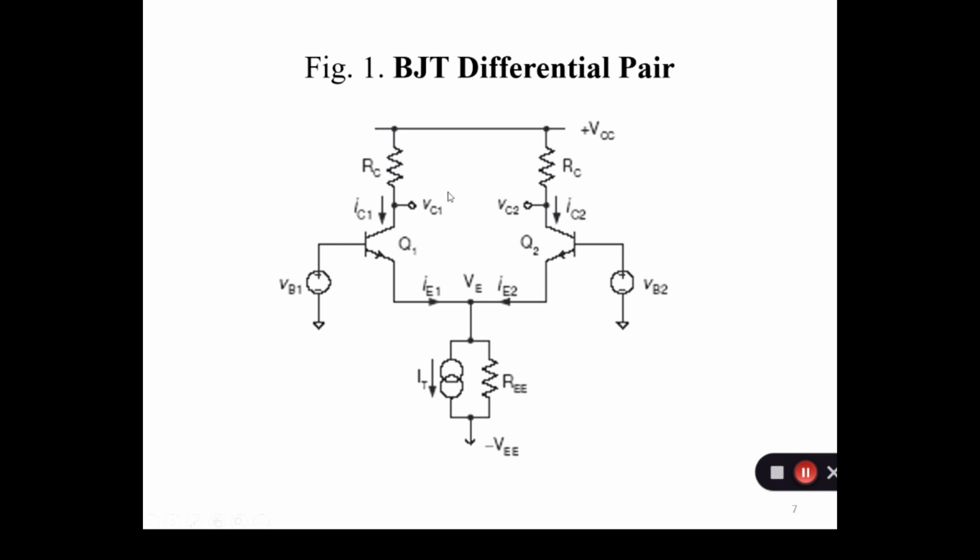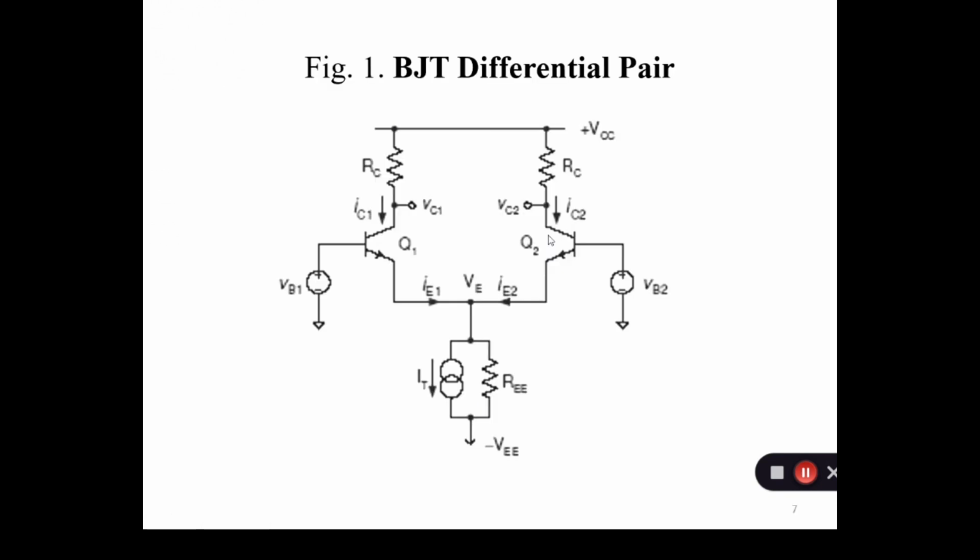For this lecture I put RC and RC as common, but in the assessment I will replace these with other values, like RC1 and RC2. Then you have to do a similar analysis for that circuit in the assessment.